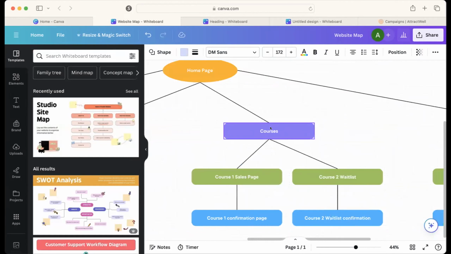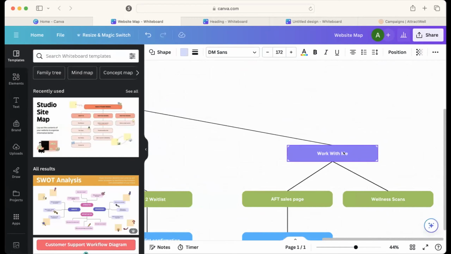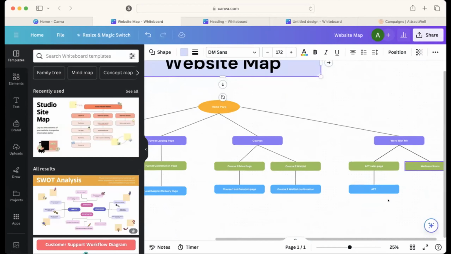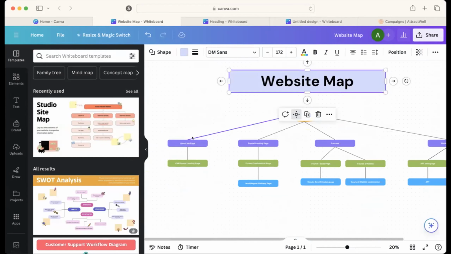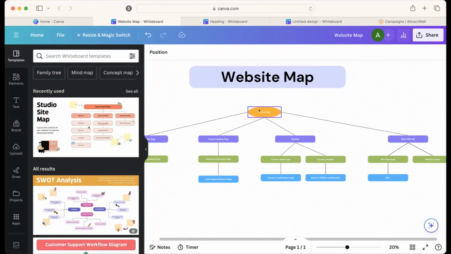Maybe you have a courses page where they can then learn about other courses on your site. Maybe you have a work with me page where they can learn about different offerings, right? So each of these entries, all of these shapes, represent a page on your website, and it's hierarchical because the home page is the main